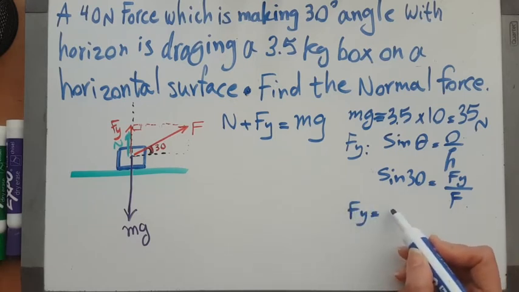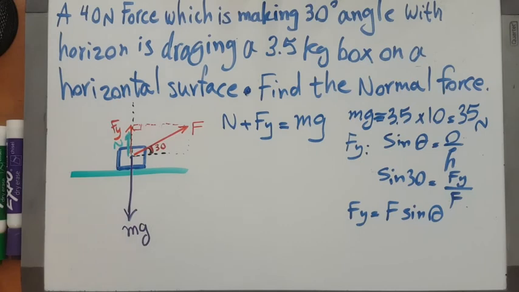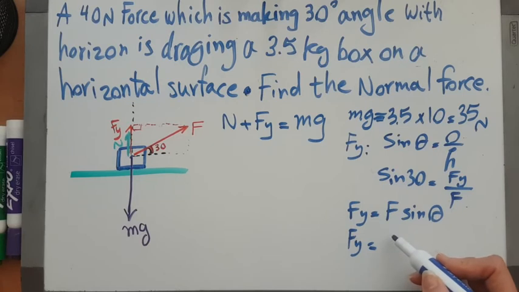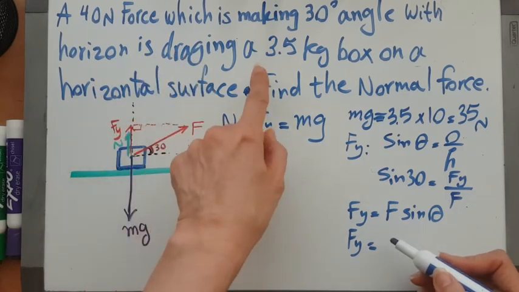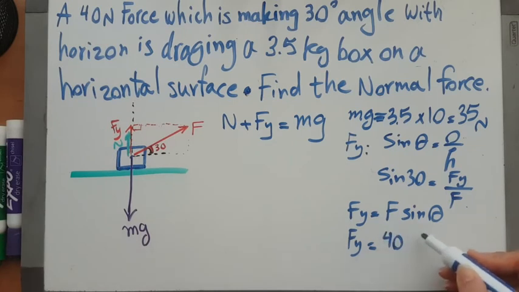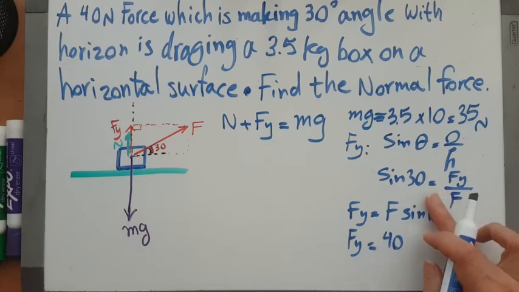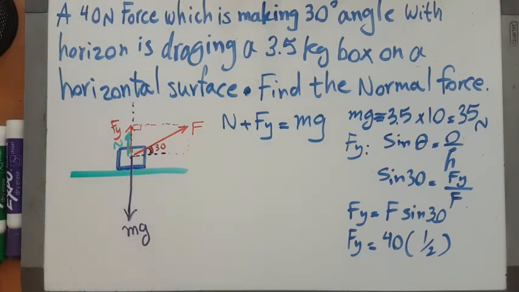Fy equals F sine theta, right? I know that. Since Fy equals F sine theta, I can have that too. So Fy equals F, which is, I should have written all the information here, but I didn't have room. So F equals actually 40, and the sine of 30 is actually half, right? I know that sine of 30 is half,